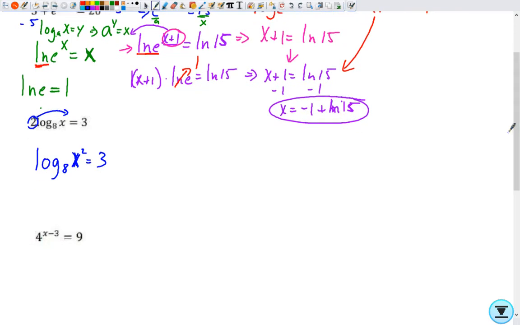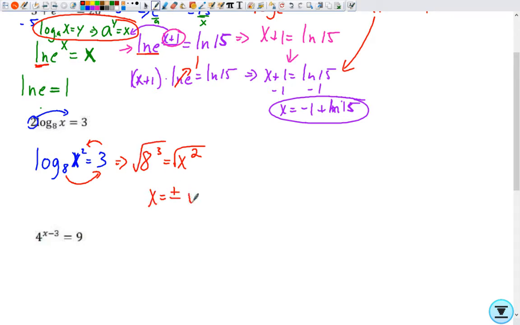So next, I'm going to use the property that we just talked about, changing it from its log to its exponential form, and that's 8 to the third power equals x squared. So 8 cubed equals x squared. And now, real easy, you take the square root of both sides, and you get x equals plus or minus the square root of 8 cubed. Okay? Now,